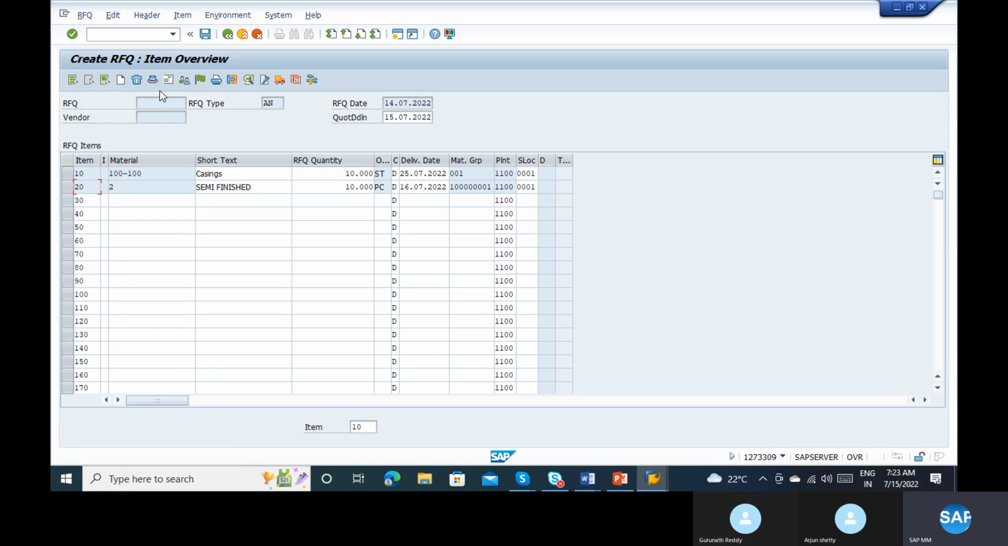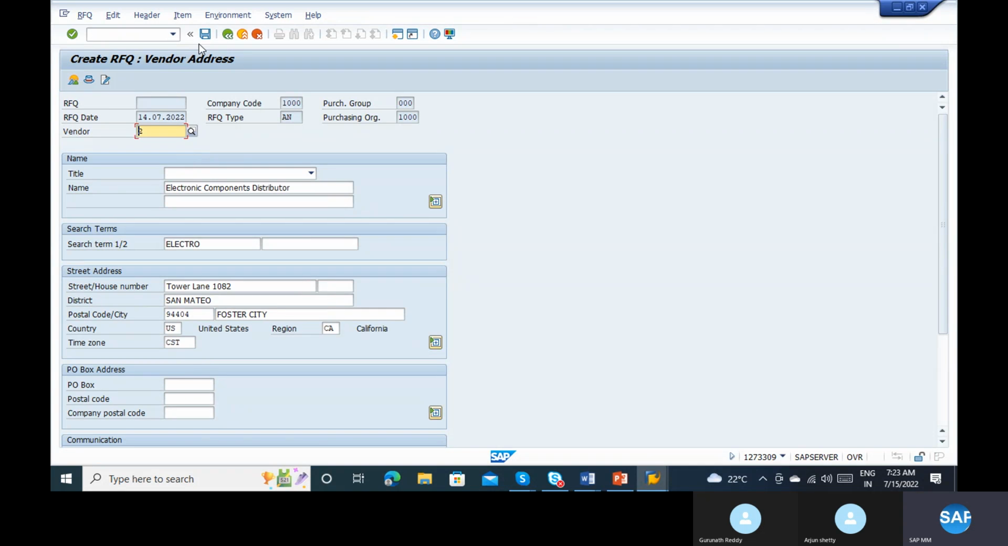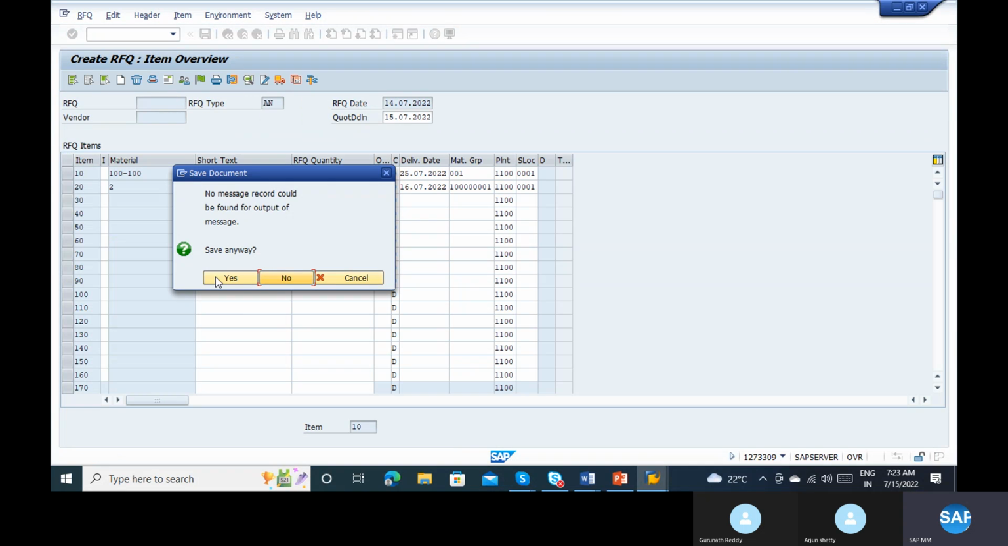Now I'm just clicking on that vendor address. I'm sending this request for quotation to the vendor. So now I enter the vendor and save. So the first RFQ quotation is going to